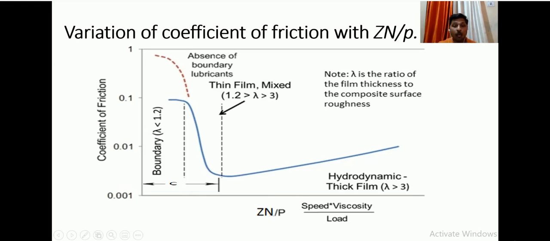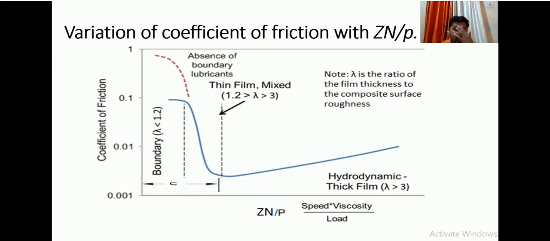And what is the design criteria for the bearing? The design criteria of the bearing is that the friction should be minimum and there should be no metal to metal contact. If there is metal to metal contact, what will happen? The wearing of the bearing surface will be very fast and the bearing fails. So we need to keep our friction value at the lowest level. At the same time, we don't want metal to metal contact to take place.